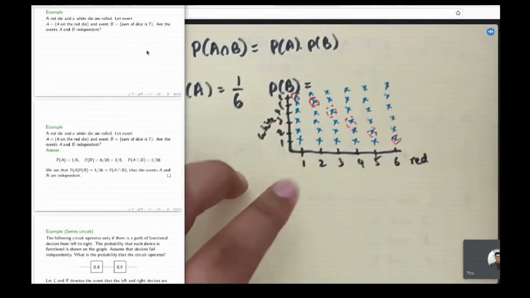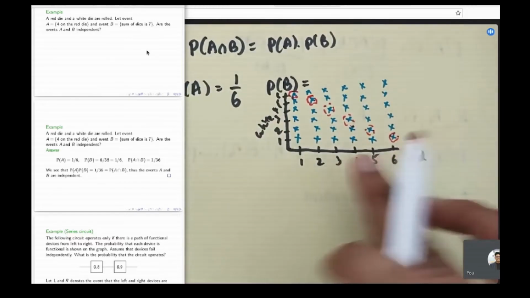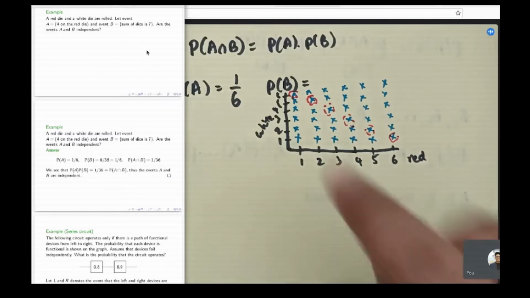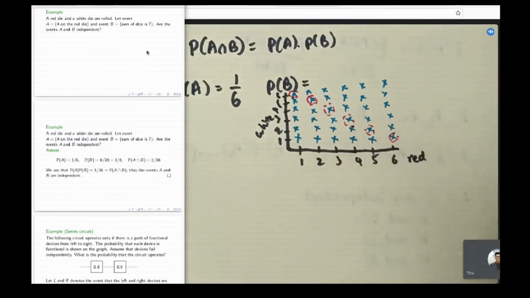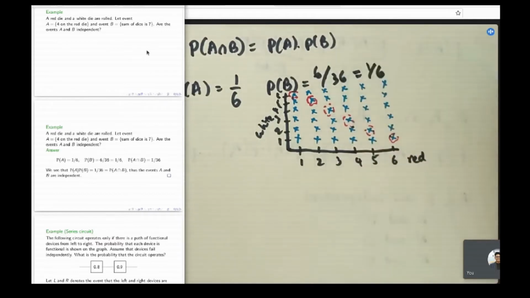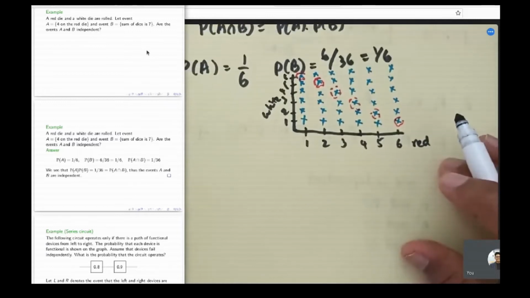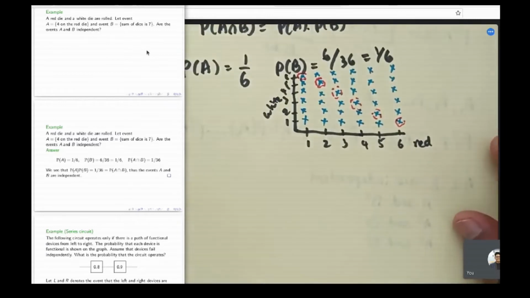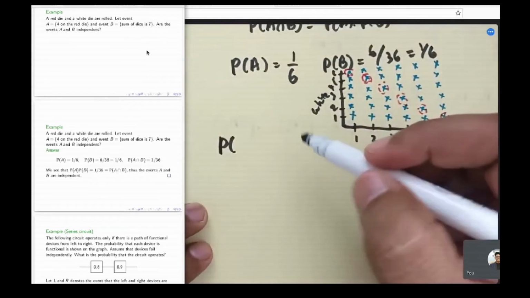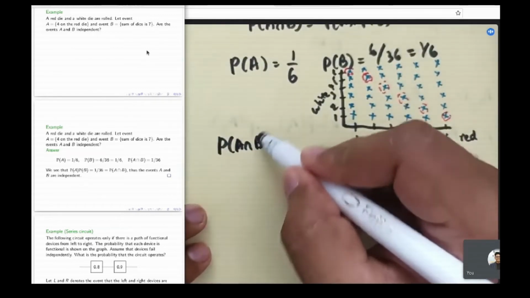So if you look at all the other possible cases in this event space, they will not add up to 7. So you have 1, 2, 3, 4, 5, 6 events out of 36 possible outcomes, which is going to be 1/6 again. Now, let's look at the event space for the probability of A intersection B,